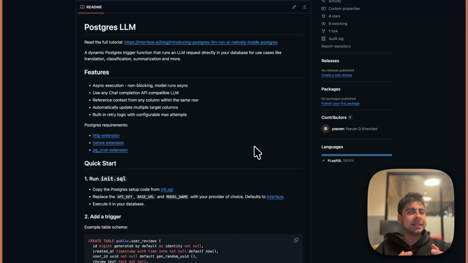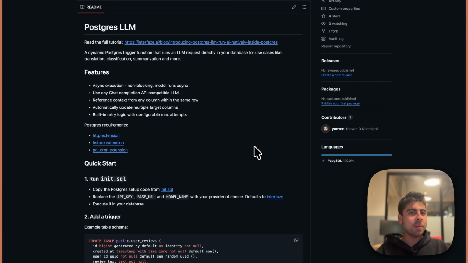The reason we built this is because as more and more users were building projects on top of Inferface, we realized a very common use case was a one-shot task where you have an initial insert in your database. That insert then triggers an API outside of your database into a server that will take that information, post-process it in certain ways through an LLM, and then eventually update that row or insert a new row somewhere else in the database. And that loop seems to be very common where the data is just being used for a later